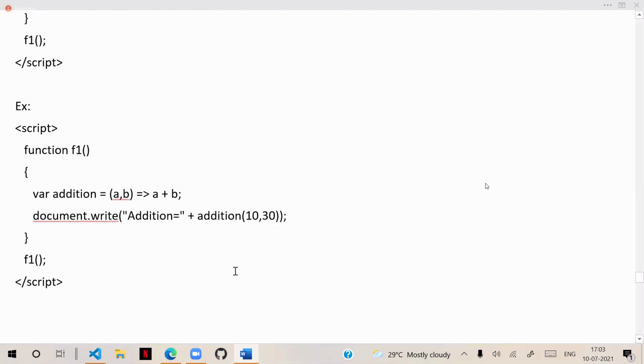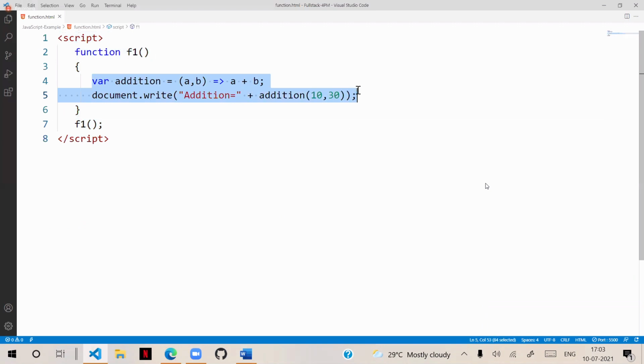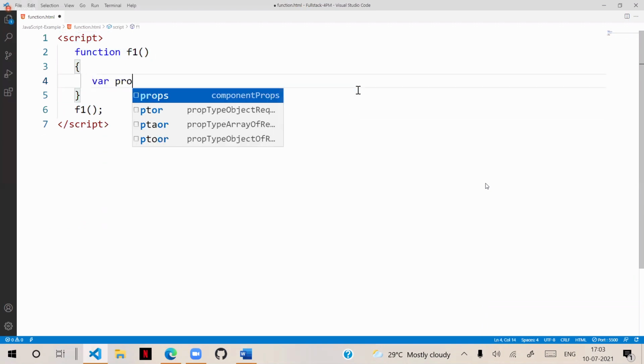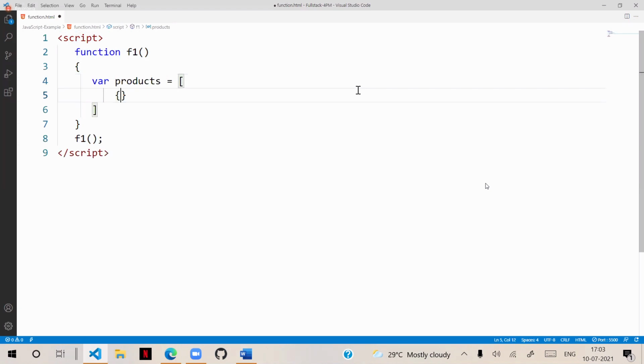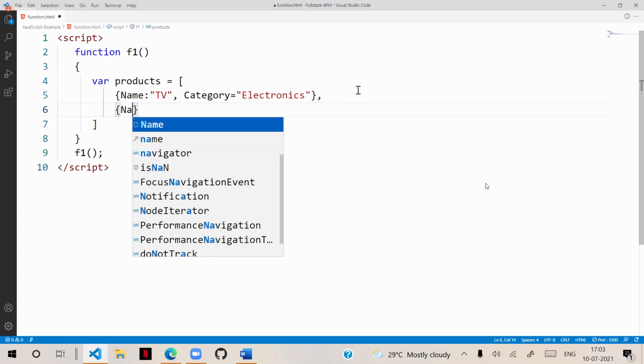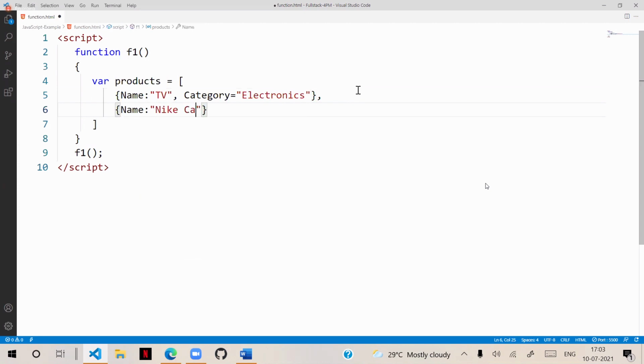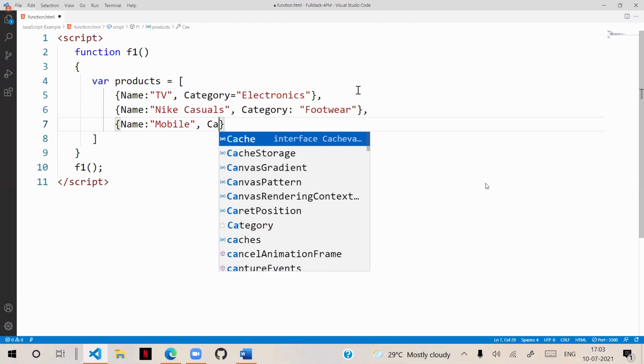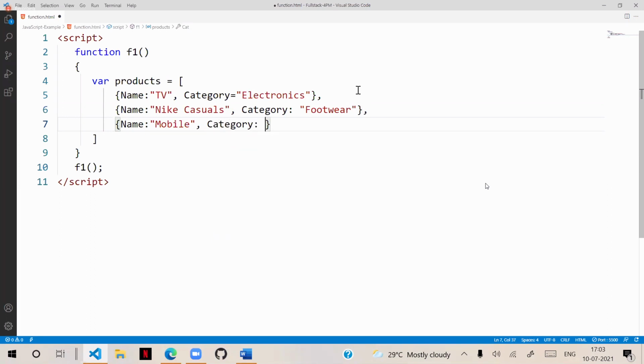Especially when you are using callbacks, for example, suppose var products is equal to an array of objects. So name is TV, category is electronics, and another name is Nike casuals, category is footwear, and we have name mobile, and category is electronics.